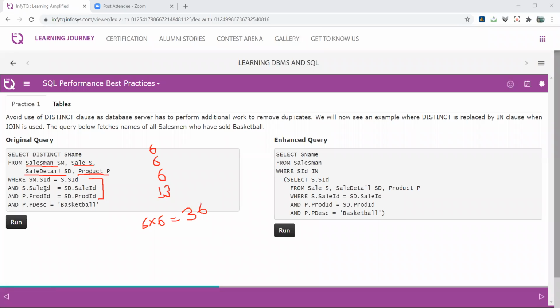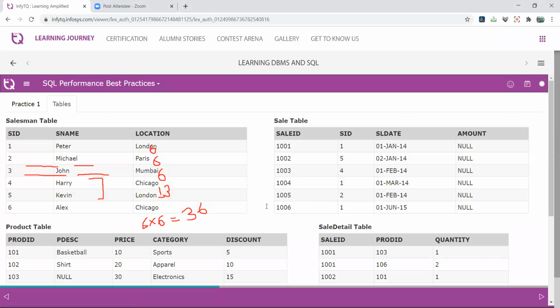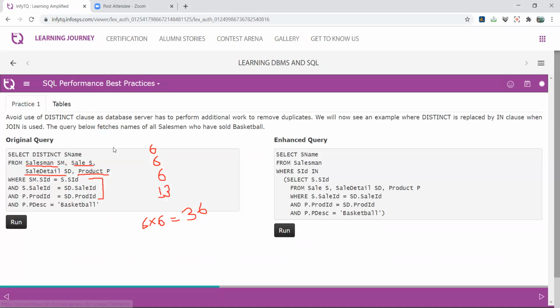Now the next tables are sales and sell detail. Sell detail contains 13 records, so you multiply 13 into 6, and 78 comparisons are required for this purpose.